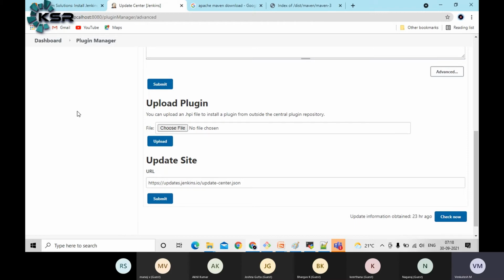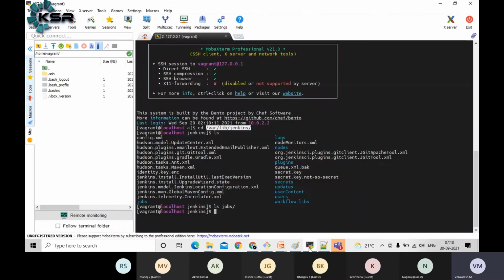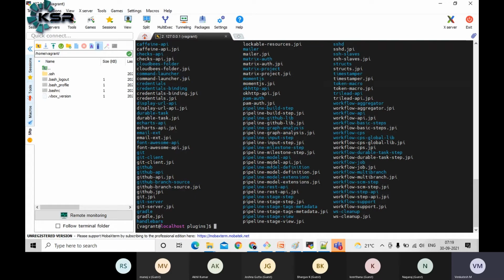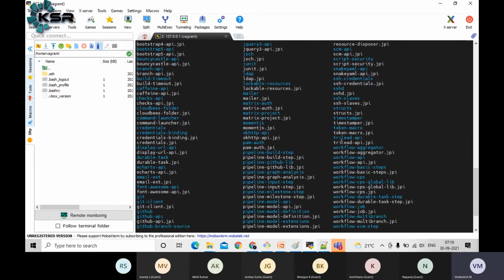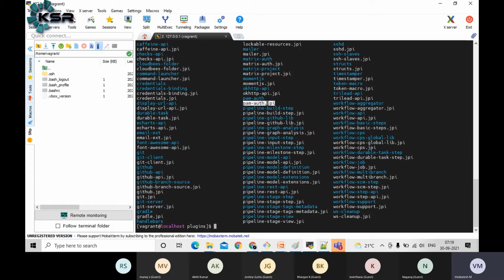Then there is another way to install the Jenkins plugin. You can log into the server, where there is a plugin section. Under the plugin section, you can copy your JPA or HPA file. Whatever you are seeing, everything has been downloaded earlier, like the JDK tool, Maven, Git, a lot of plugins. JPA, HPA plugins are there.